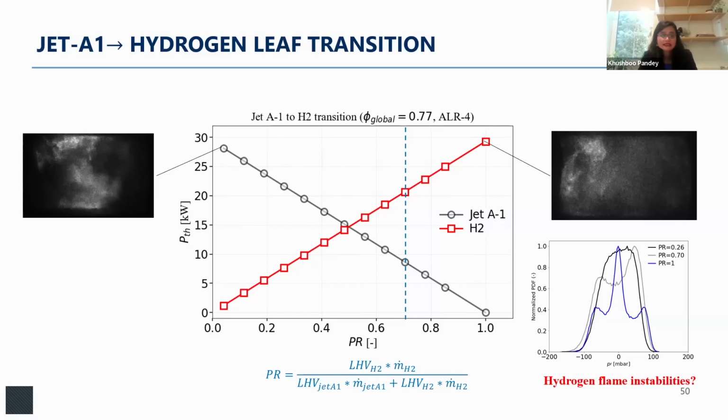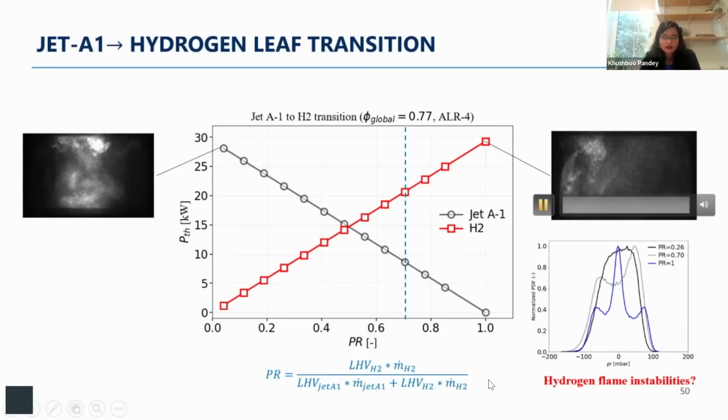But one thing we must consider when we have hydrogen leaf is the instabilities. If we look at the full jet fuel operations, we see again nice rotating chemiluminescence in the chamber. When we have hydrogen by itself, the chemiluminescence is a little bit dimmer given hydrogen's luminosity, but we do see it. But if you look at the pressure PDF in the chamber, as we increase the power, PR1 means